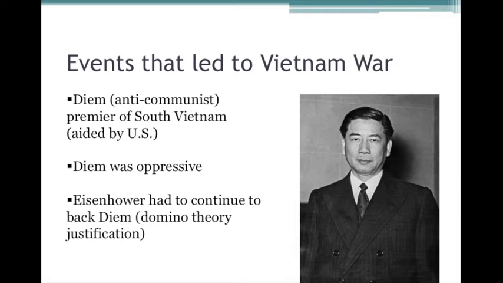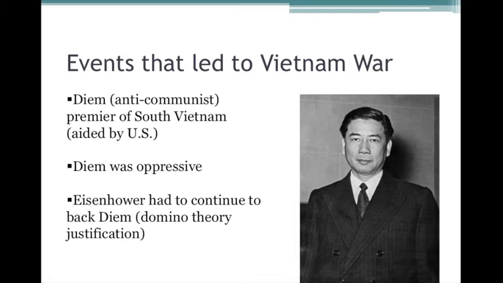But nonetheless, the U.S. helped to install Diem in South Vietnam. The U.S. felt if an anti-communist was in the South, then that would prevent the spread of communism all throughout Vietnam. And it turned out that Diem was oppressive to the Vietnamese people,